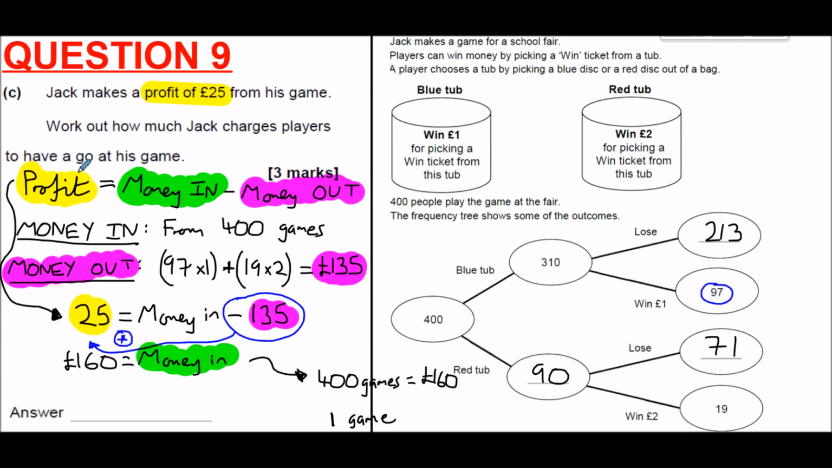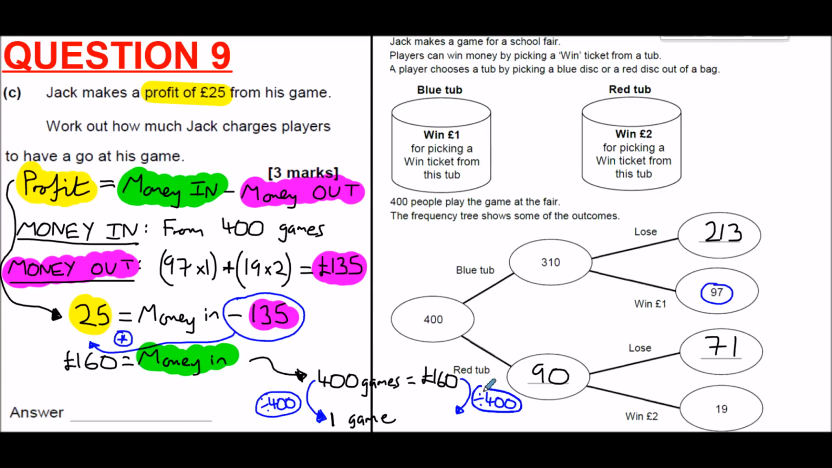Just for one go. So how can we go from 400 games down to just one game? What can we divide 400 by to arrive at 1 exactly? Well, any number divided by itself gives us 1. And so that tells us we can divide the 400 by 400. But to keep the balance, if we divide this side by 400, we need to do the same to the other number as well. So 160 divided by 400